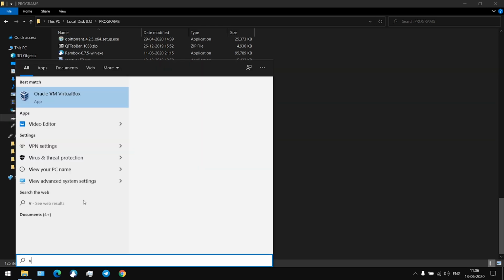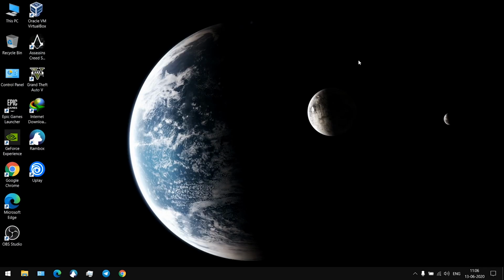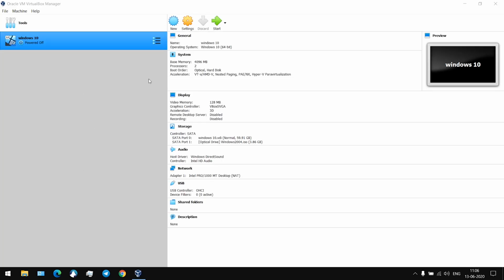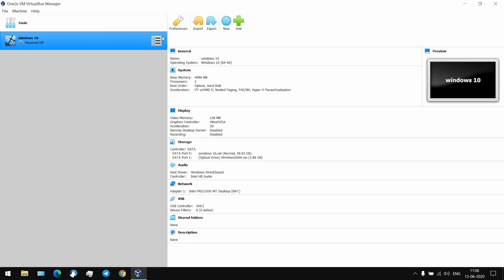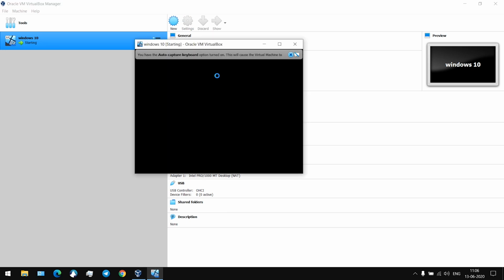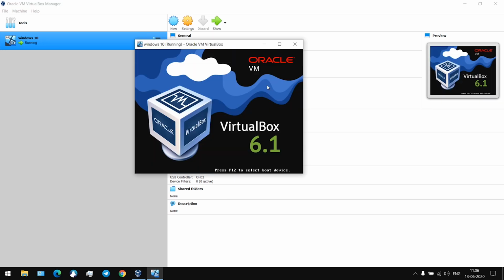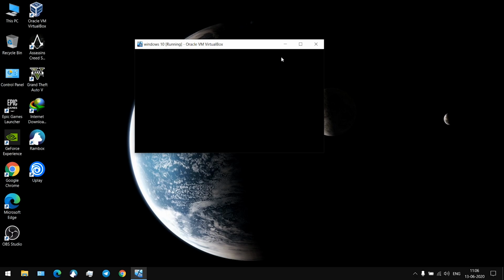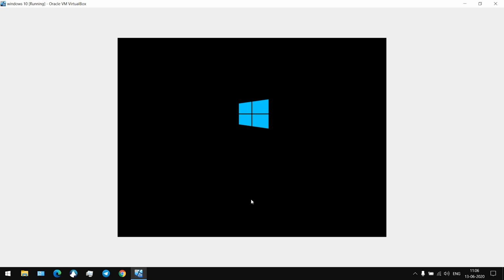Let me open the virtual machine. Here I already set up the virtual machine for Windows. I already selected the ISO file here, so it will boot from that. So it is booting from that.